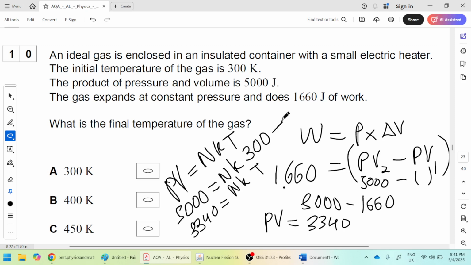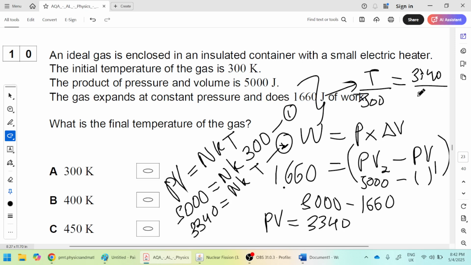And solving this equation 1 and 2 simultaneously, what do I get? I'm going to do that over here. T divided by 300, this one divided by this equals this 3340 divided by 5000, which tells me that the temperature is